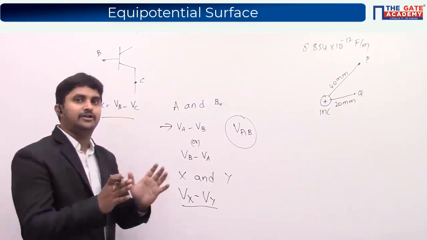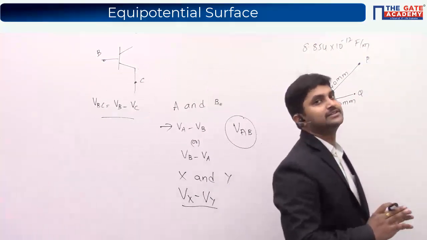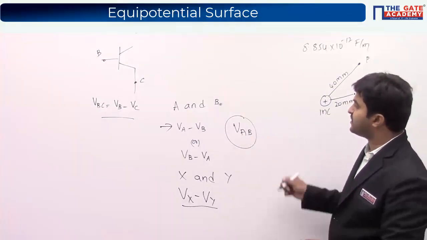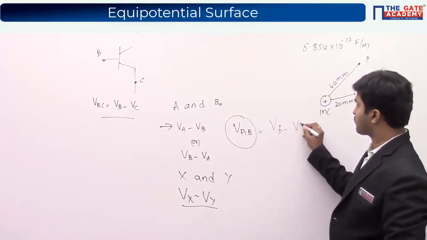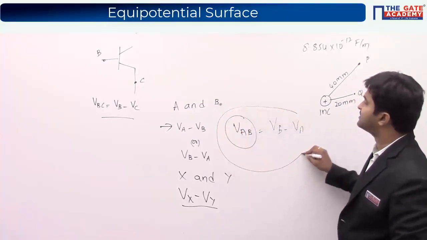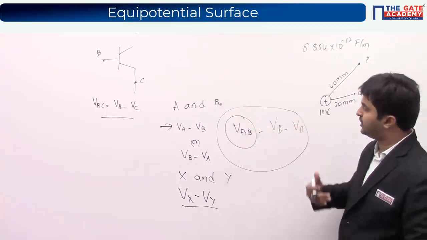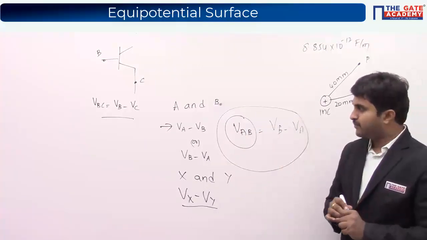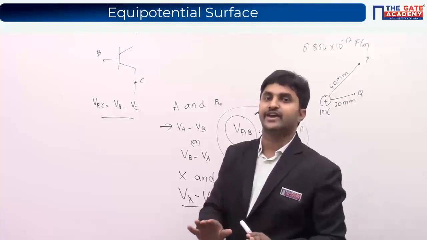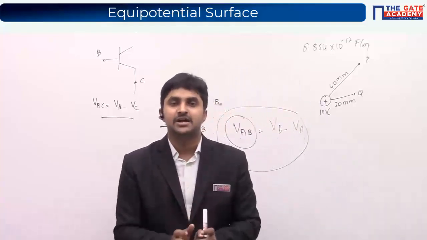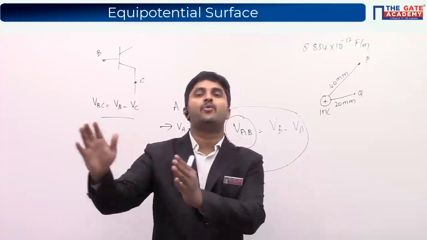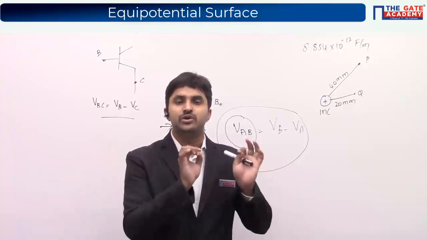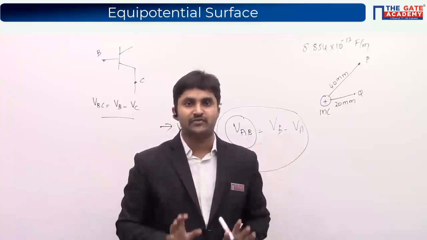So this can be a point of confusion for many students. I have observed this particular thing, because here we are learning VAB as the potential difference between VB and VA. This is what we follow in this subject to indicate the potential per unit charge in moving from A to B, because this is how the literature is presented. But in the GATE questions, I am giving you the clarification that every time the question asks to find the potential difference between point A and point B, we should always do VA minus VB. This is for your clarification.